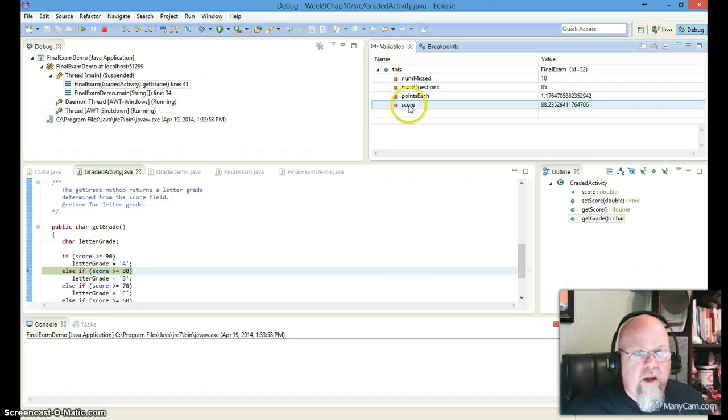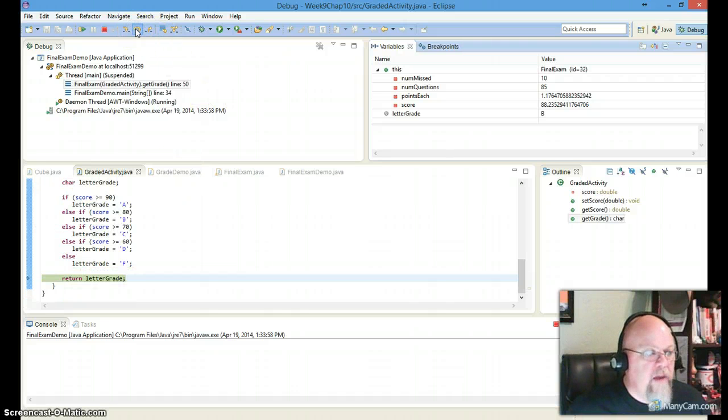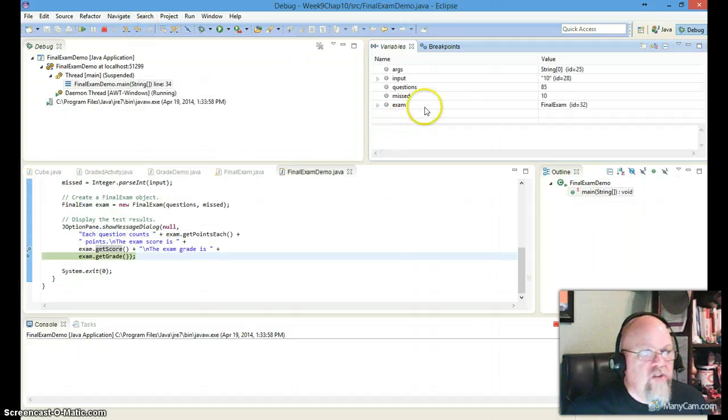So the score right now we know is 88.23. And so we're saying if the score was greater than or equal to 90, give an A, we went past that. Now we're checking to see if the score is greater than or equal to 80, and it should be because it's 88. We go ahead and set the letter grade equal to B, and we drop out, we return the letter grade. And so now when we come back to here, we should see well,